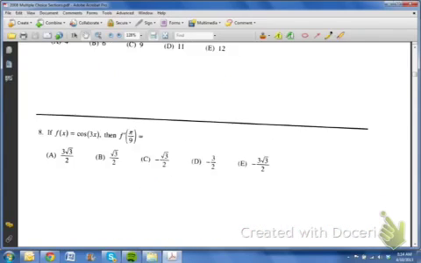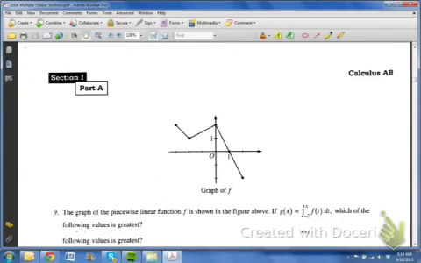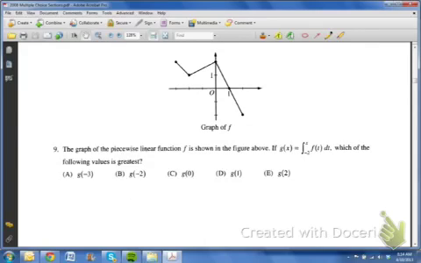All right, number 9. The graph of a piecewise linear function is shown in the figure above. G is the integral of f. That means that this is the derivative of g. Which of the following values is greatest? All right, so if I plug negative 3 into this,